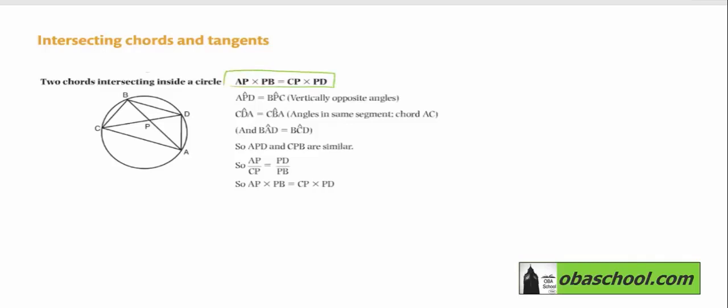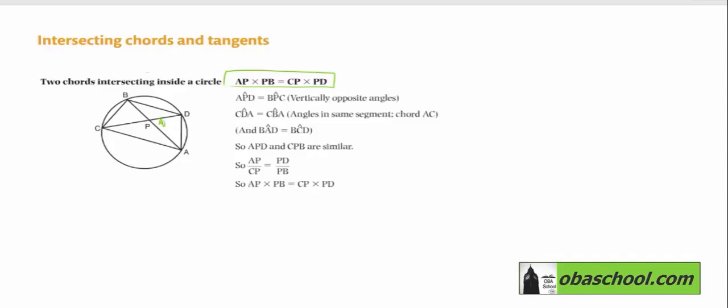you have this rule: AP times PB is equal to CP times PD. Now, taking a closer look at the diagram, you can see that the product of AP and PB is equal to the product of CP and PD. Now, that is the first rule that you need to keep in mind once you're working with two chords intersecting